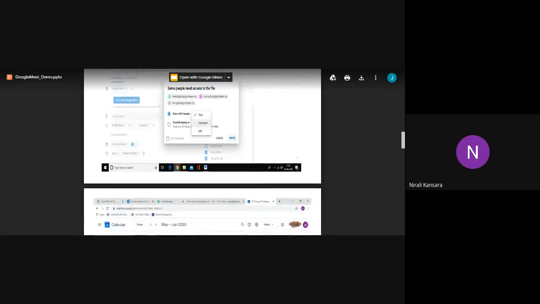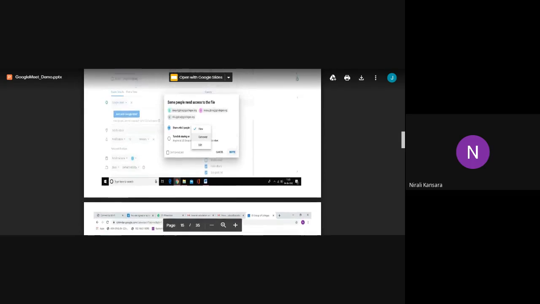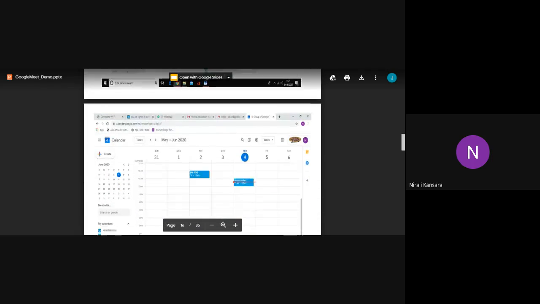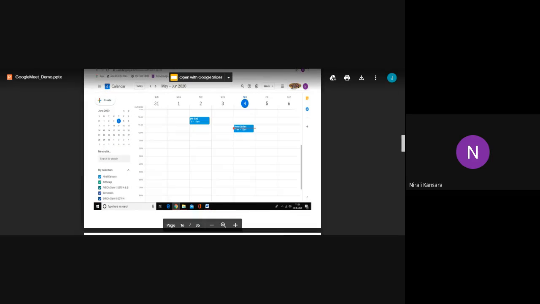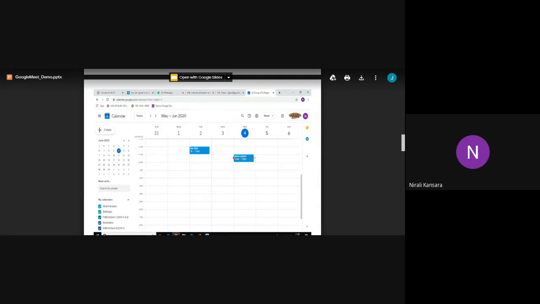When you click on invite button, that event will be saved to your Google Calendar. Okay. So now your online session or your Google Meet has been arranged through Google Calendar.